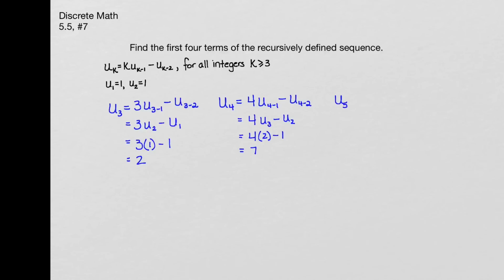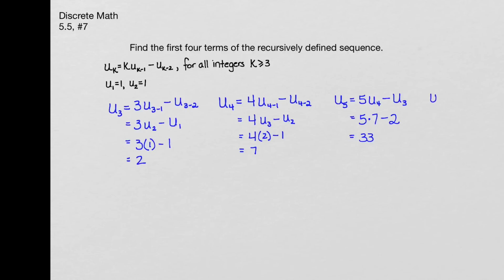U sub 5 is 5, which is k, times u sub 5 minus 1, which is 4, minus u sub 5 minus 2, which is 3. All right. So we have 5 times u sub 4, which we just found was 7, minus u sub 3, which was 2. So we've got 33 for u sub 5,